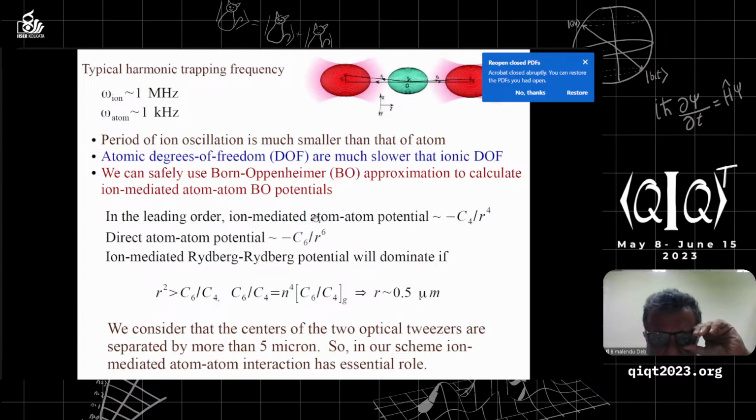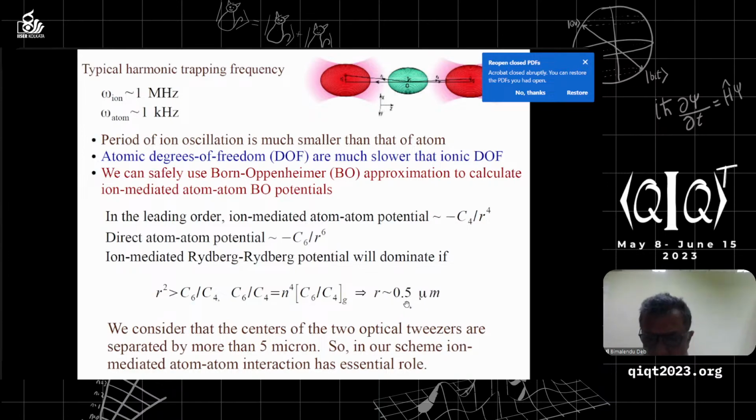But at long separation, the atom-atom potential will dominate. One can easily calculate at what distance the ion-mediated potential will dominate between the two atoms, and where the direct atom-atom potential will. For, say, a calcium ion, we have calculated this to be 0.5